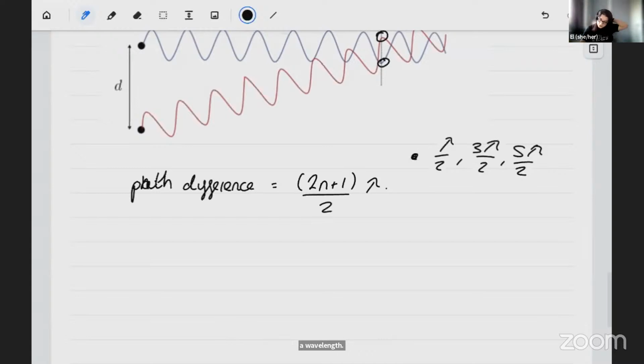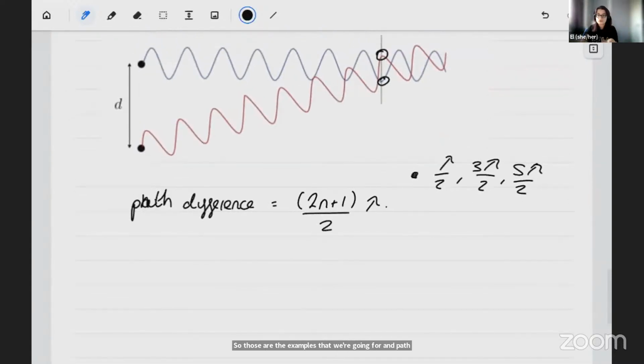And path difference is just the extra distance that one of the waves has had to travel than the other one. And as we can see, this bottom wave is going to have to travel further to get up to the points that we're talking about because it's on this angle rather than going straight across. So the path difference is going to be this odd half integer, which I've expressed as 2n plus 1, which is just an odd number, over 2 times lambda. So the maximum